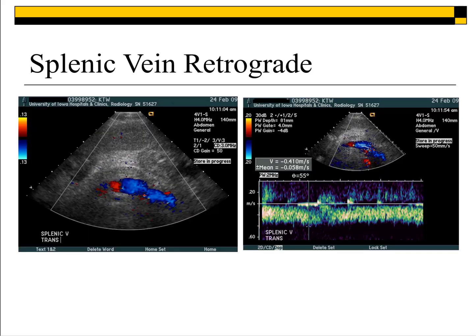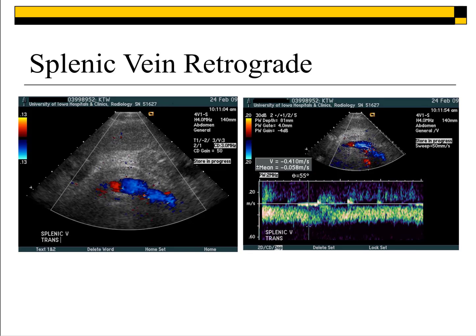So let's think about the normal splenic vein flow direction, right? That's towards the portal splenic confluence. And you can see in this ultrasound, you would be able to identify the flow here, and you would see, remember, it's inverted, and it's not supposed to be,